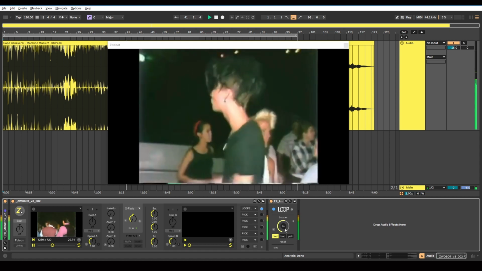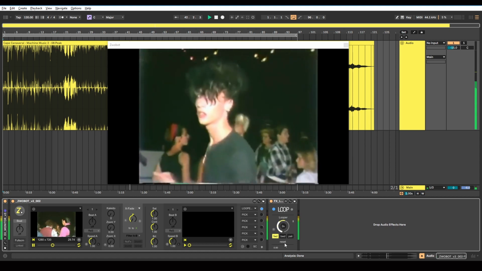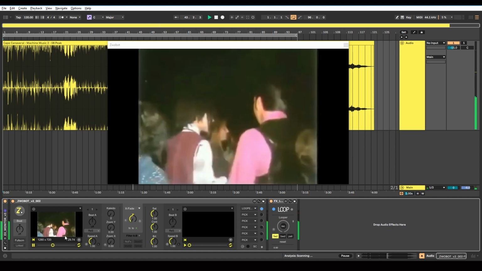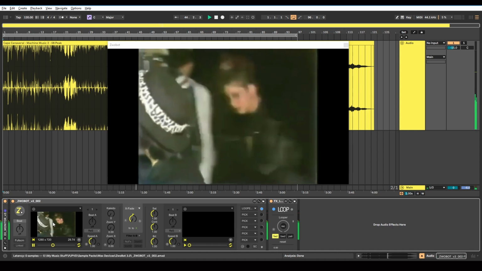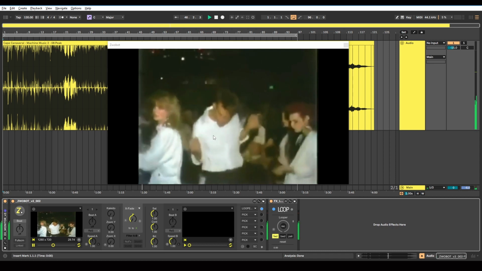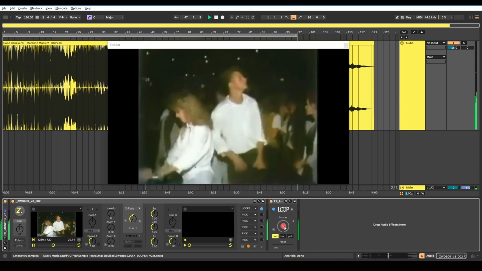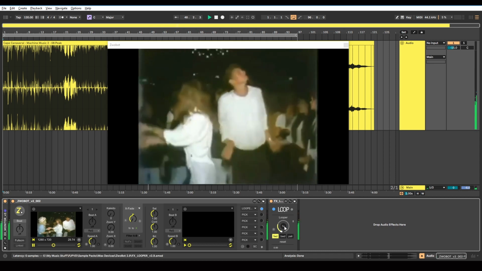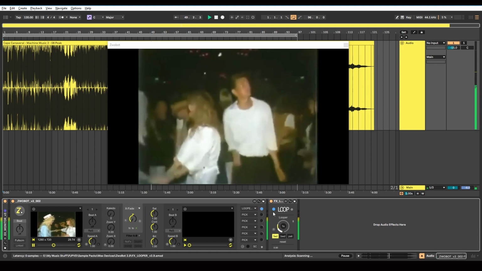So if I wanted to get rid of this loop, I can hit this reset button down here, and it'll jump back to wherever the video had left off from where it was playing in the background. So if I want to grab another loop, hit record, and then press stop again,